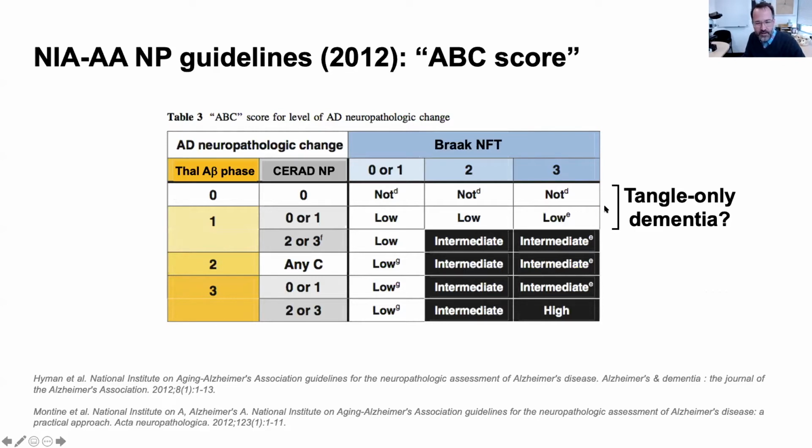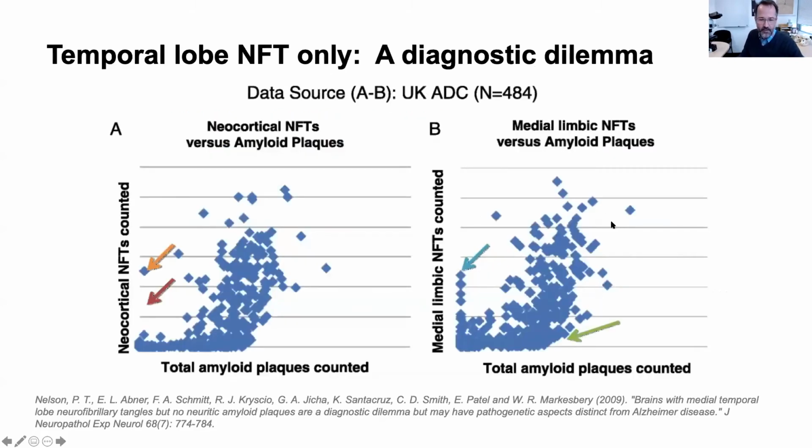And the criteria didn't give us any guidance about what to do with these patients, although there were grumblings in the community. This is a study that was published by my close collaborator and friend, Pete Nelson, at the University of Kentucky, who worked with Bill Markesbery in about 2009. What is this showing? He grabbed a large data set with just plaque and tangle counts in the medial temporal lobe and the neocortical regions, and